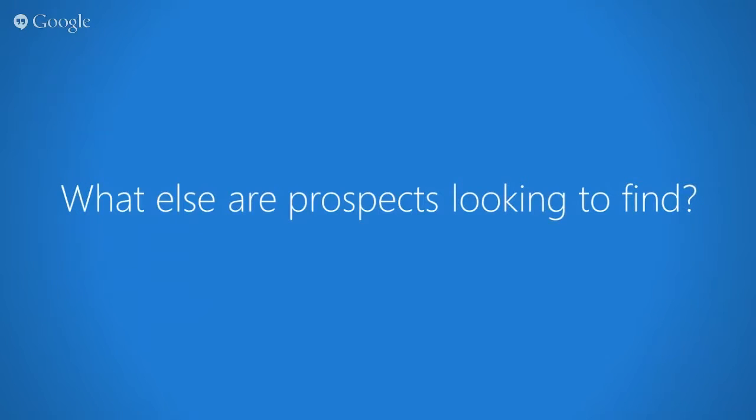Okay. So definitely these are three big key things that people are going to be looking at on your website when they first arrive there. So what else are they going to be looking for though? Your website is definitely not just about looks. There's going to be a whole lot more that you need to find. So your online presence is definitely more than just your website. So if you can move on to the next slide, which hopefully...